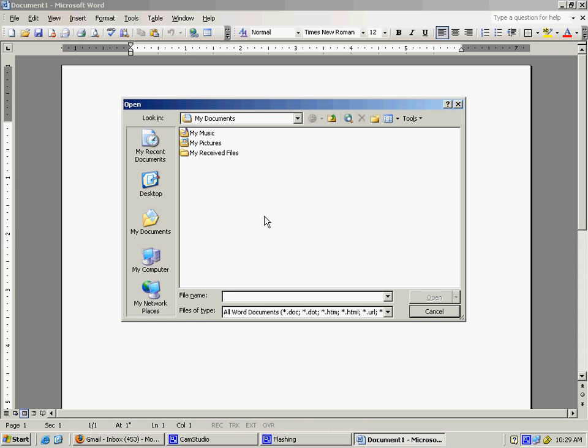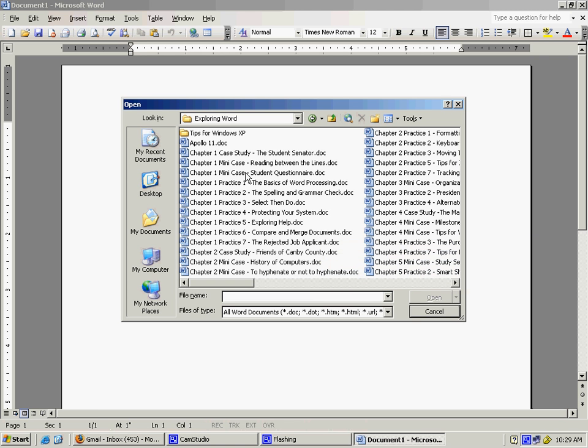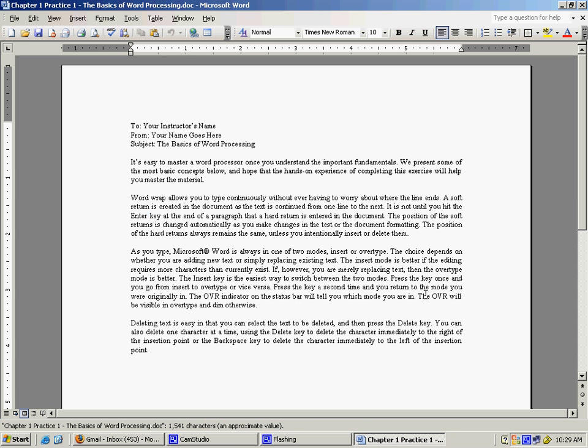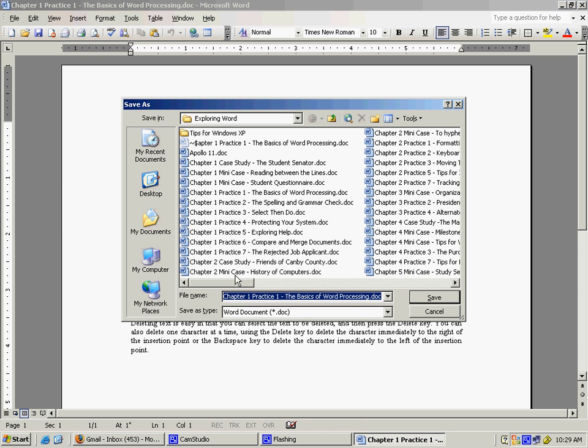That file is going to be in your Exploring Word folder, most likely either on your CD or on your hard drive. You want to find Chapter 1, Practice 1, The Basics of Word Processing, which is right here. You select it, click OK, and it will load up. The first part was to open this file and save it as the Basics of Word Processing solution.doc. So we choose File, Save As, Chapter 1, Practice 1, The Basics of Word Processing